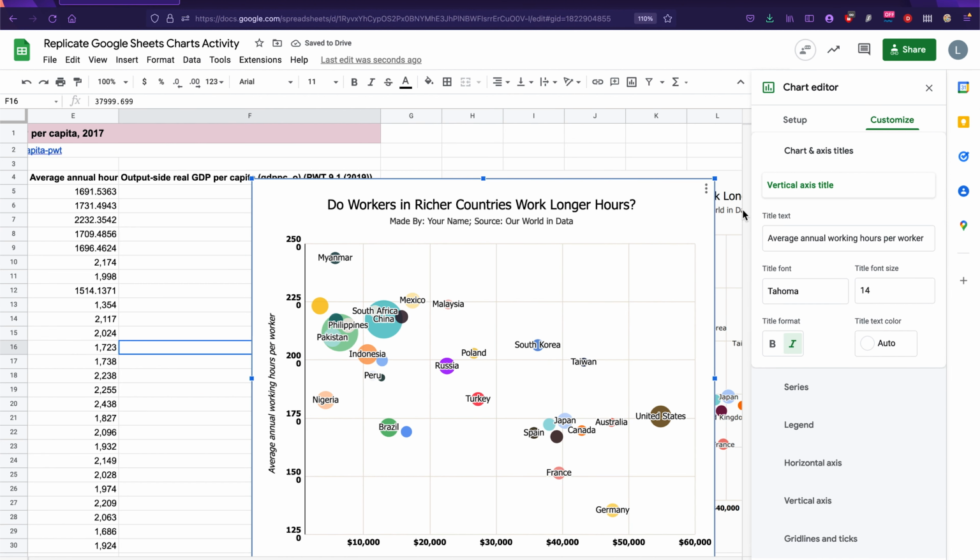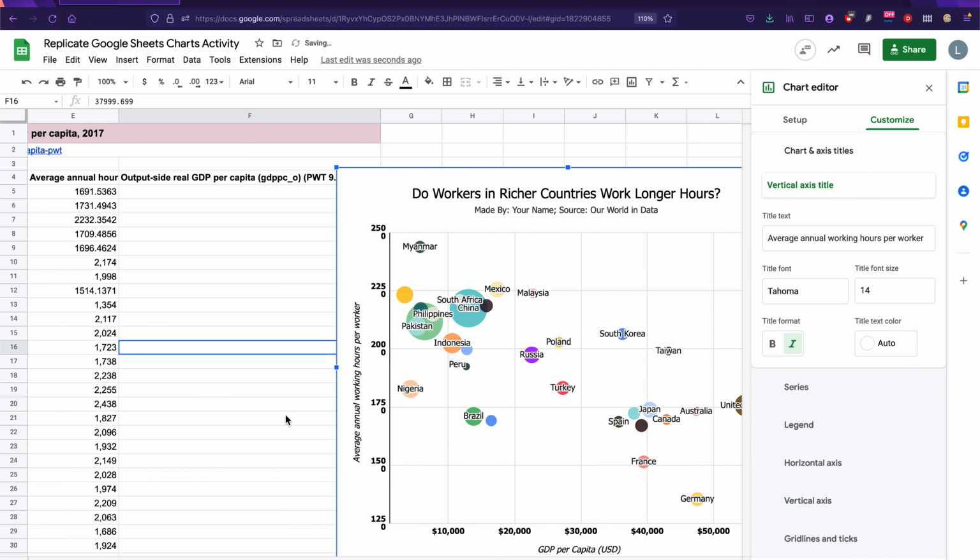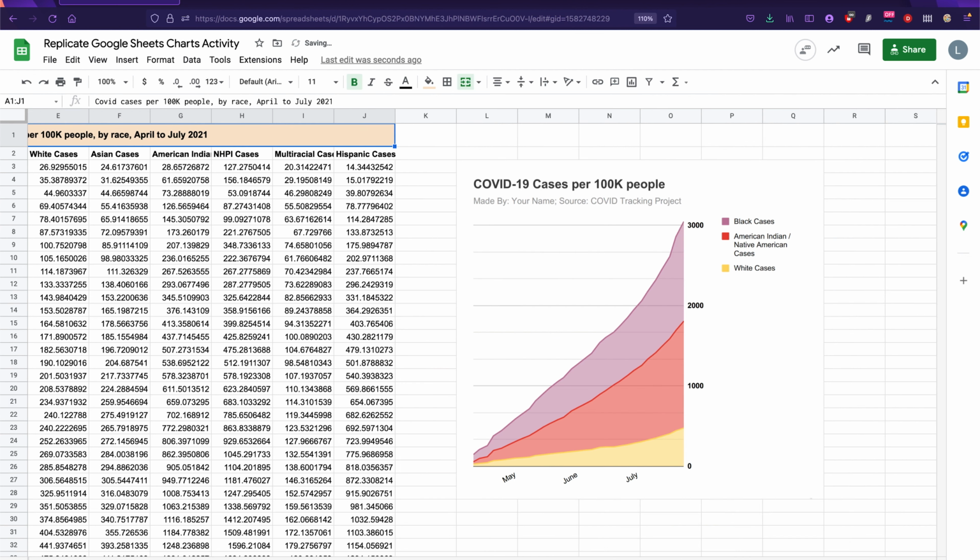You have one more chart after that. I'll move this over. One more chart after that, and that's the area chart. The area chart is from a little while back, and it represents COVID-19 cases per 100,000 people from April to